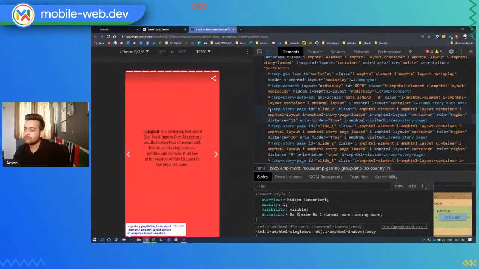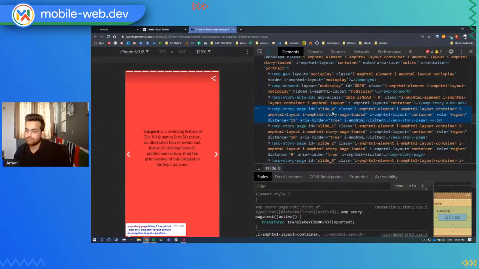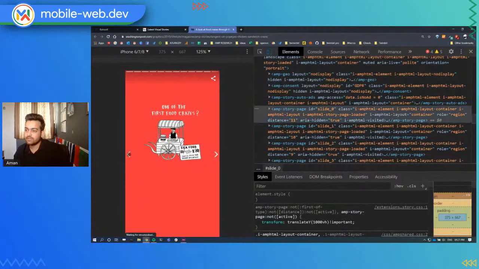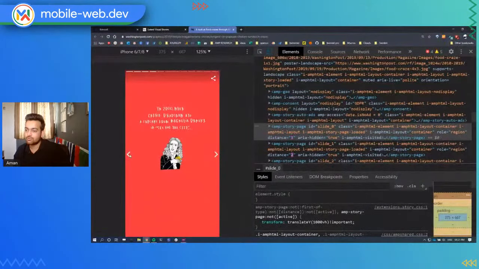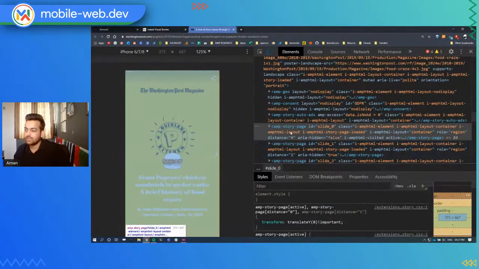Then you have an amp-story-page inside it. It should be the first page. Now you will be able to see that when I hover over this amp-page ID, which is written as slide 0, it doesn't highlight anything. And then when I go back to my first screen and hover over it, you can see that this page is getting highlighted.